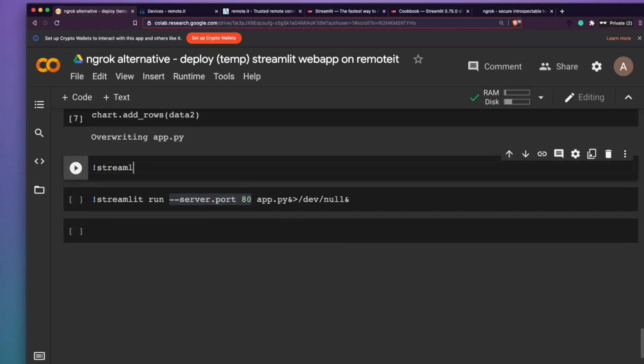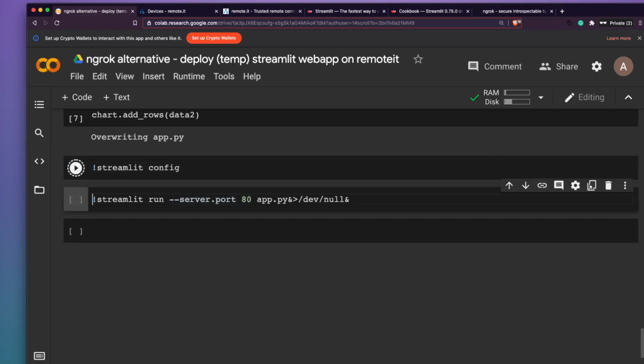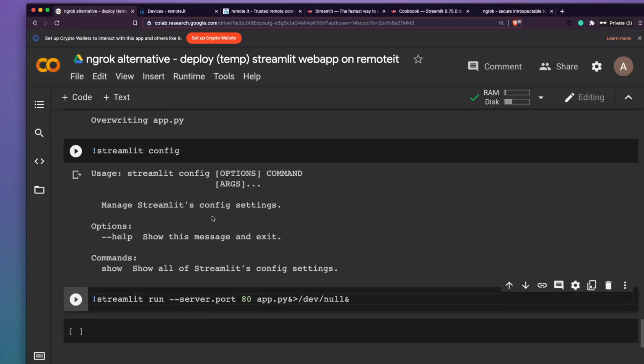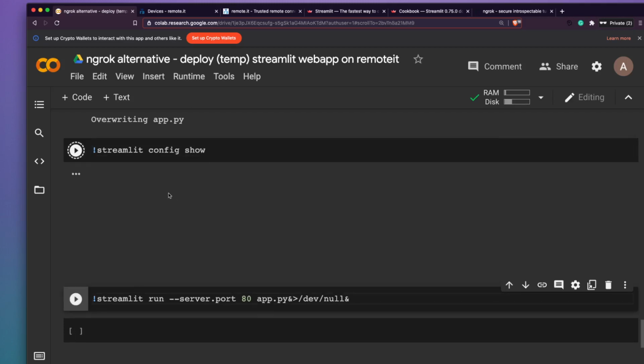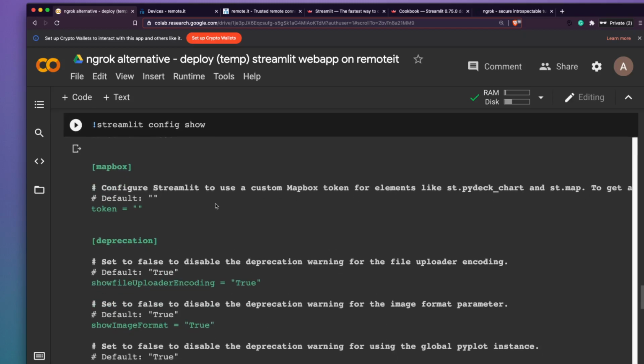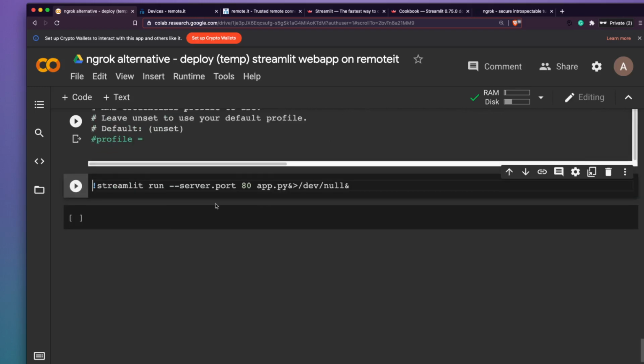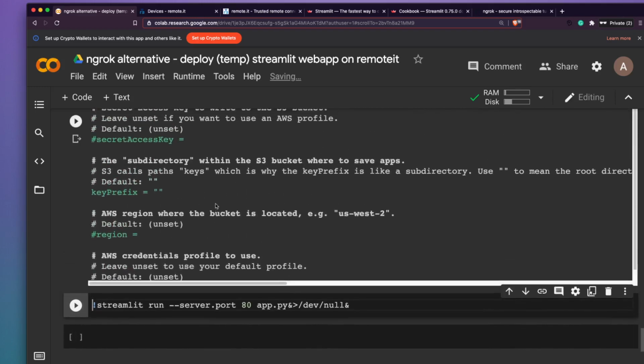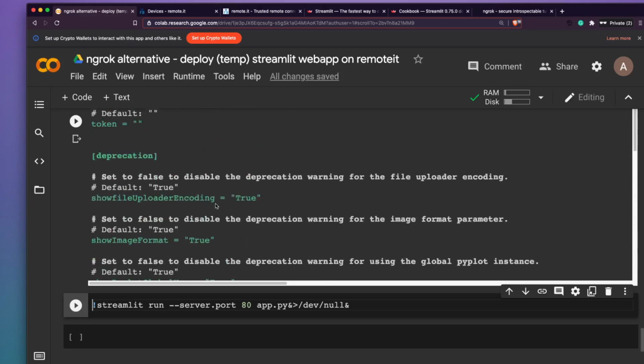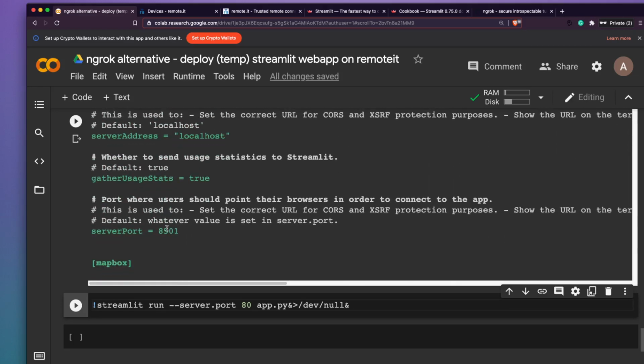You can say streamlit config, and then you can see the config, and then you can change the Streamlit configuration. Config show, sorry. You can see the Streamlit configuration, like where it is, what the default port is. Let me show you the default port. It is still loading. It would show the default port, which in this case is, yeah, server port is 8501 and server address is localhost. So it gives you the details, so you can either go to the configuration file and change it if you always want it to be a particular port. But otherwise you don't have to mind about it if it is a one-time deployment or serving.